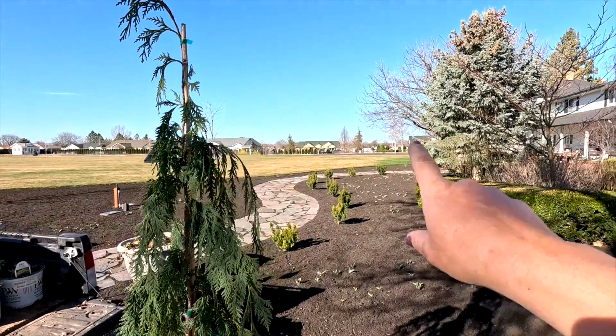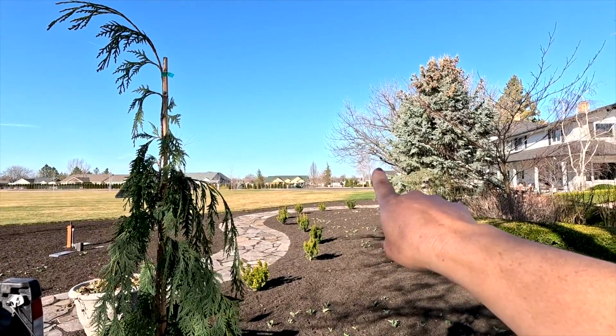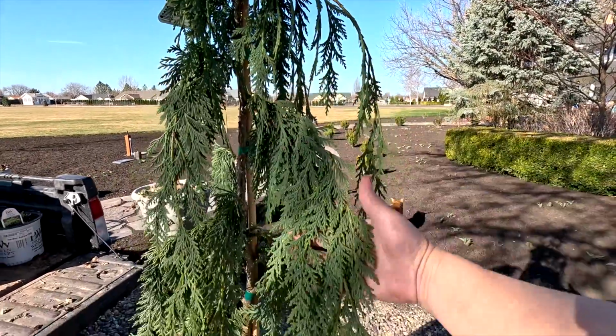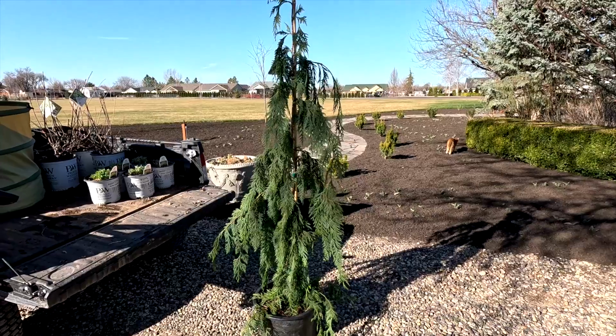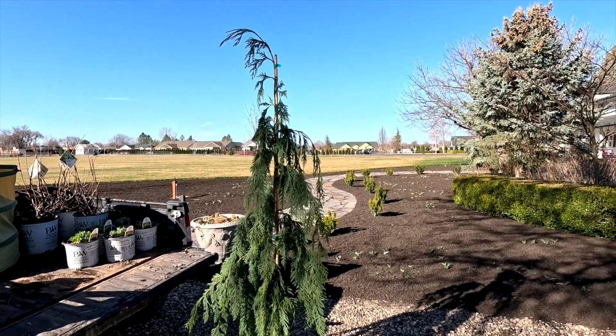I've got a couple others. We've got one right over there. It's kind of tucked behind a crabapple, but I planted it several years ago. It's a slightly different variety. This one is awesome in that it stays more narrow. So the variety, did I say, is Jubilee? Jubilee weeping Alaskan cedar. It grows about 25 feet tall, but only 12 feet wide, while the others will grow